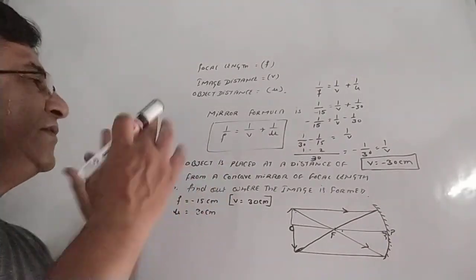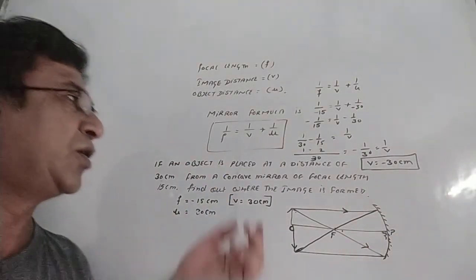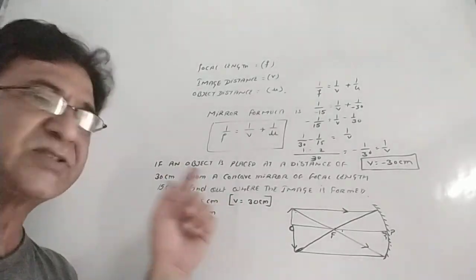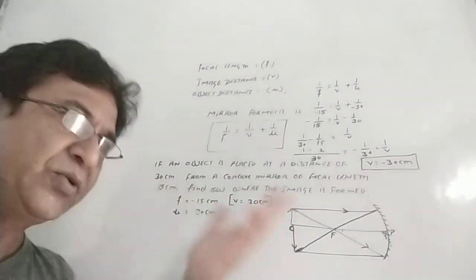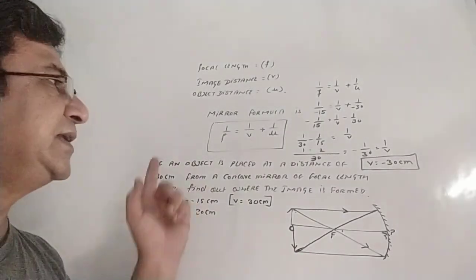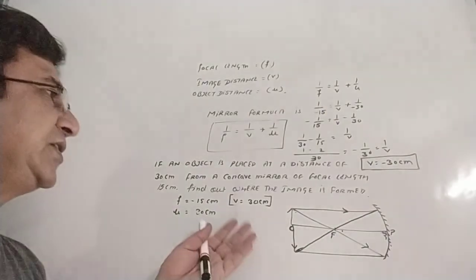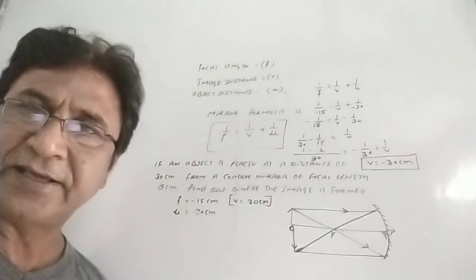So whenever you see a ray diagram or a numerical given, compare where the object is placed with the ray diagram, and you already know the answer. Please try this way. You will find a lot of fun doing numericals, especially of light. Okay? Thank you very much.